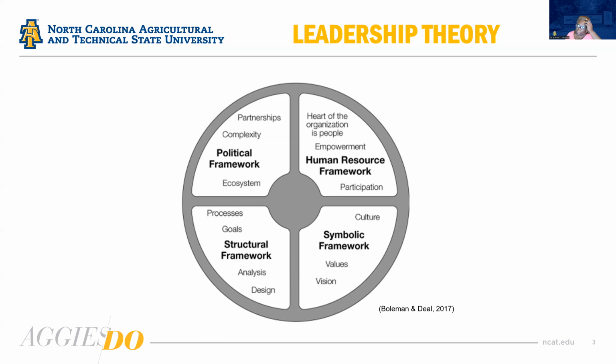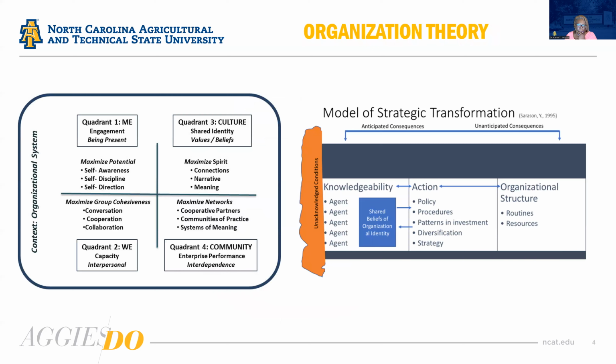So anytime we're thinking about a leader's ethical behavior and how they make decisions, it should be in the context of a leadership theory. And like I said, I think this leadership theory provides us with a really good overall view of the types of things that leaders are dealing with in their day-to-day decision making. So next, I want to also think about the organization, and we have 2 frames here that give us a bird's eye view of the kinds of things we want to think about when we're thinking about organizations from a theoretical perspective.